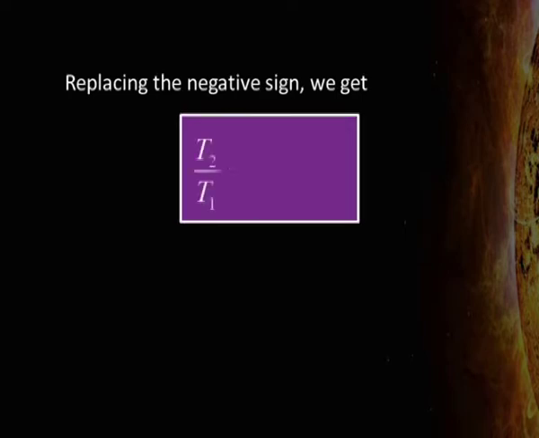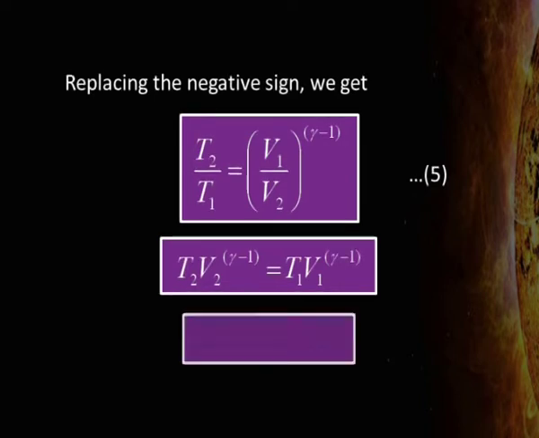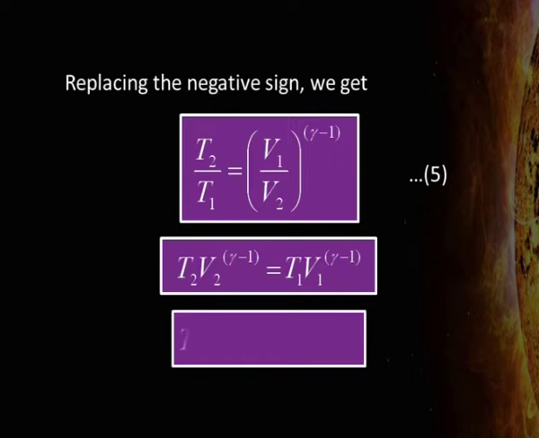Replacing the negative sign, we will get T2 by T1 equal to V1 divided by V2 whole to the power gamma minus 1, or we can say that T2 V2 to the power gamma minus 1 equal to T1 V1 to the power gamma minus 1. From this, we can say that T multiplied by V to the power gamma minus 1 is constant. We can also eliminate temperature